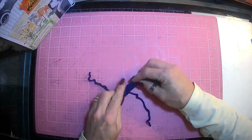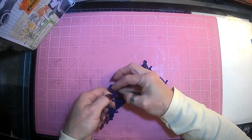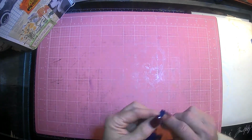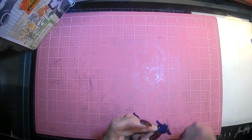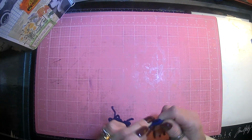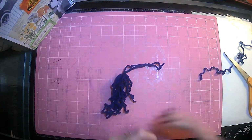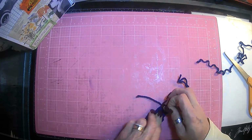Okay, so then take this and tie it right there. Okay, and then we'll take this, maybe pull it through there, maybe. Okay, and then now I need another piece. I think I used too many pieces or did something wrong. Okay, so now we have to come through here,